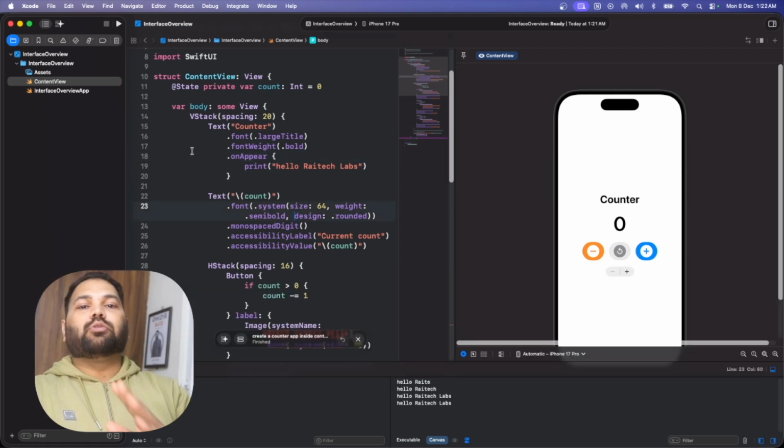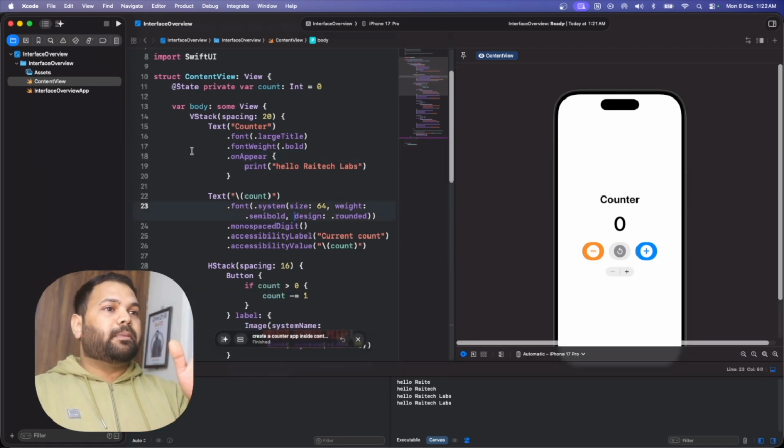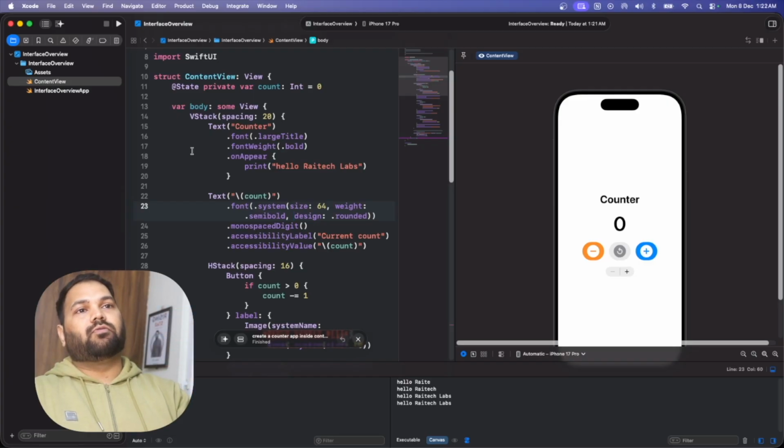Also, you don't need to memorize everything. There may be some things which you might not have understood or which might have gone over your head. That is completely okay. You will be learning more and more when we are developing real applications. So it's completely okay if you didn't understand a few things. You can go back again and